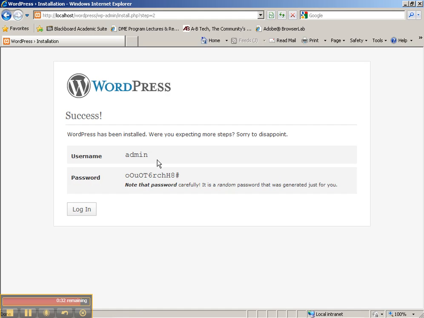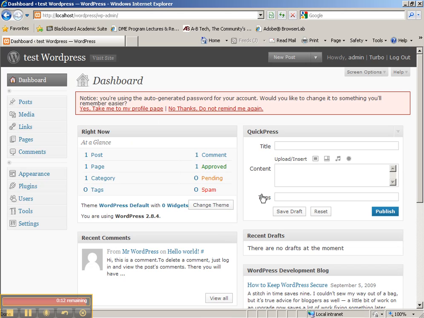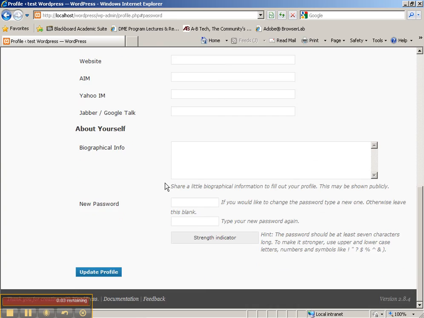We'll install WordPress. Ooh, and watch that carefully. You'll see that it gives me a password, and I need to make sure that I get that and copy it. Otherwise, I will be in trouble. So I'll log in, admin, put in that password, log in, and I am now installed. And so I'm using an auto-generated password. So it actually tells you that you can change your password if you like. So let's see, new password here at the bottom, PAS